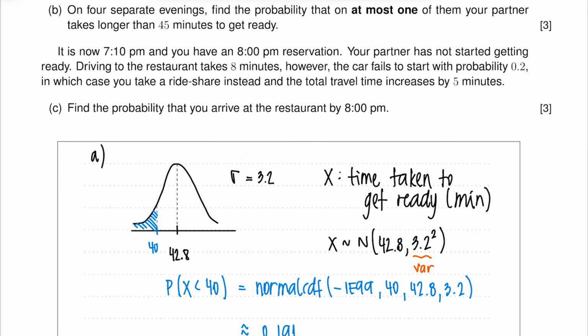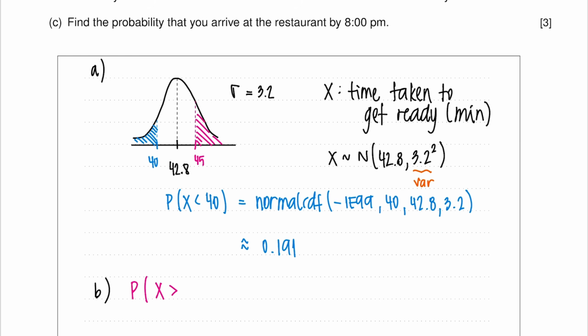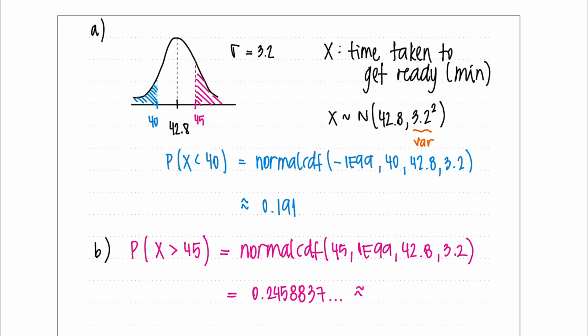Now let's move to question B. On 4 separate evenings, find the probability that on at most one of them, your partner takes longer than 45 minutes to get ready. If you're sensing binomial distributions, you are correct. The first thing we should find is the probability of your partner taking 45 minutes or more to get ready. So we're finding first this area right here, the probability of X being greater than 45, which is approximately